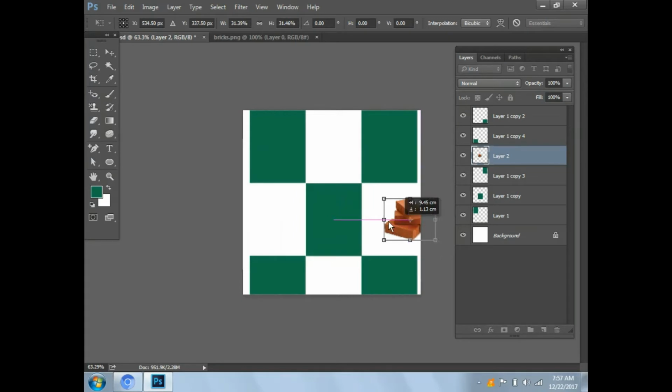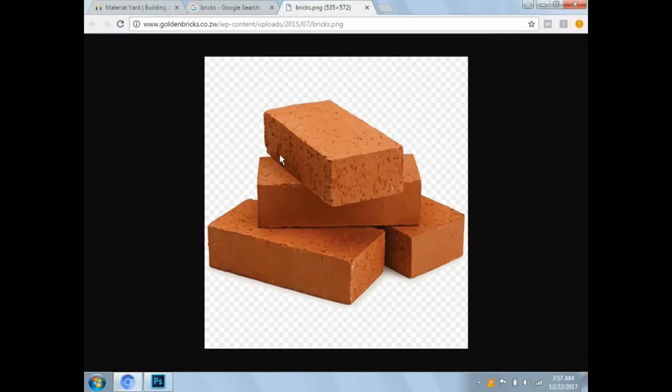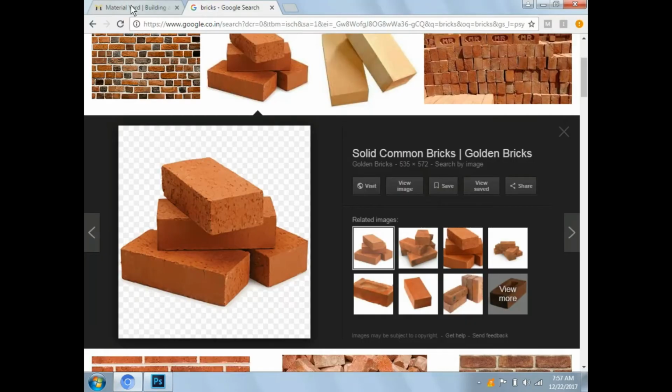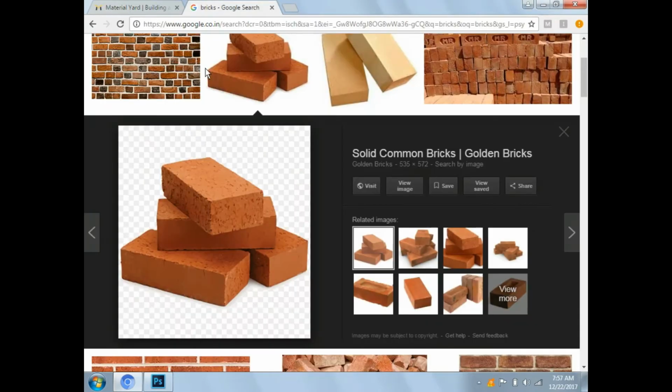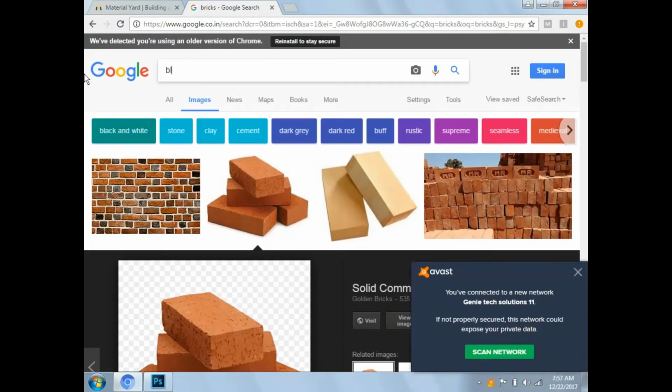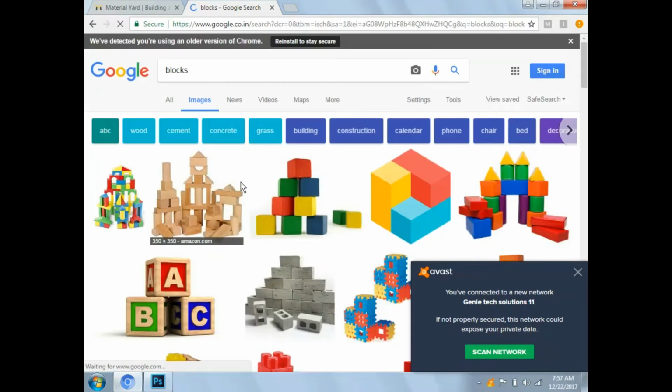And what is the concept here again? Blocks. Okay. Then the name is blocks, AAC blocks. Like this, the blocks will be there. What is the name? That is the name of the blocks.